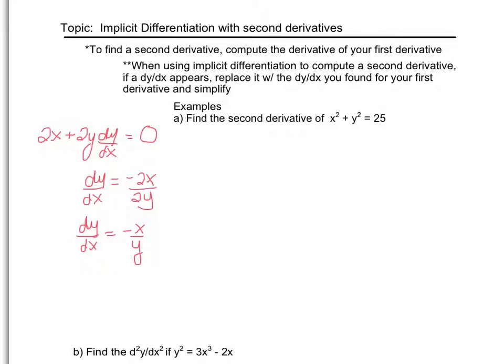So I see I have to use the quotient rule because I have division here. I'm going to set up my quotient rule and find my first function is negative x. The derivative of that is negative 1. My second function is y. The derivative of that, it being dependent, is dy/dx. And so now my second derivative, which notation looks like this,